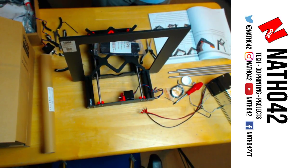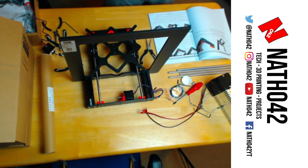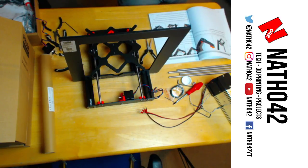Oh, there's the zip ties. Wow, there's a pack of 100 zip ties. Hopefully with these zip ties, we won't need the full pack, I don't think. But it is a sealed pack from most likely